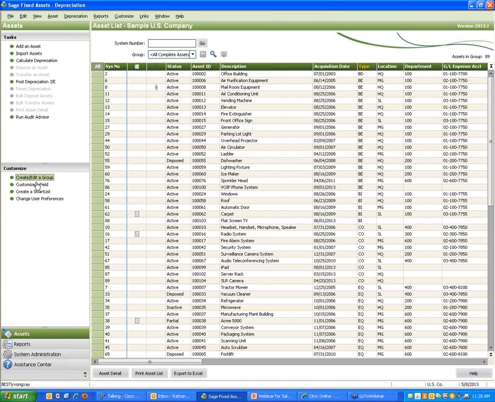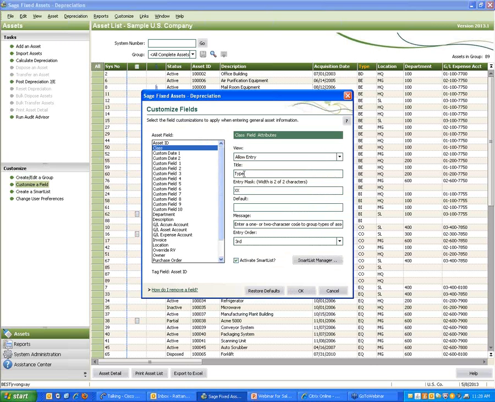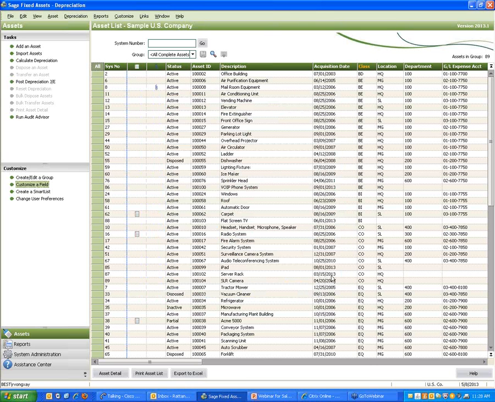So before we move on, let me come back and change this back to class. And now that that's done, let's go ahead and say that we're going to create a new asset. We had a new employee that started on Monday, and we want to assign a brand new computer to this employee. On the upper left-hand side, this is where you're going to be able to add an